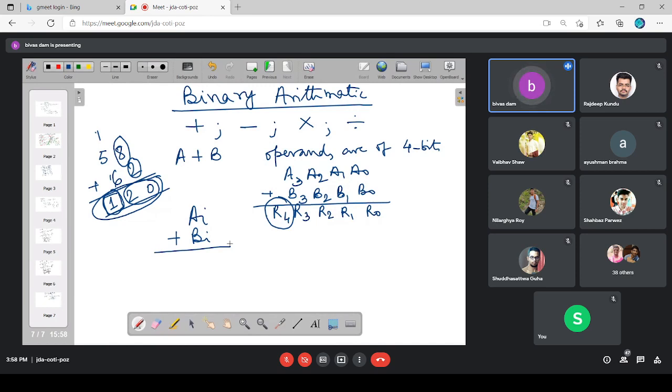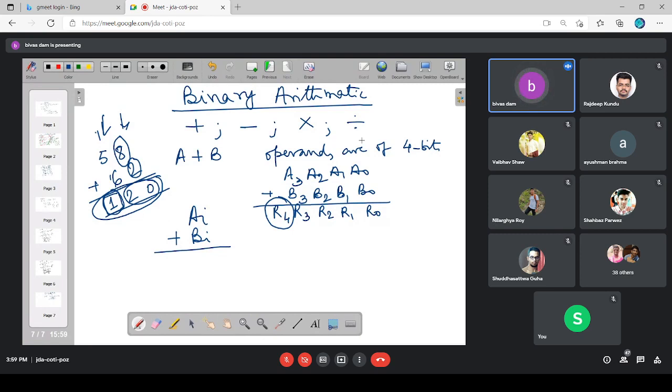Is it not? At every stage, how many stages are there? Here there are 4 stages. Here I had 2 stages. There is one stage, there is another stage, the second stage. So a 2-digit number means 2 stages should be there, a 2-stage addition. Here I have a 4-bit number, so there should be 4 stages of binary addition.